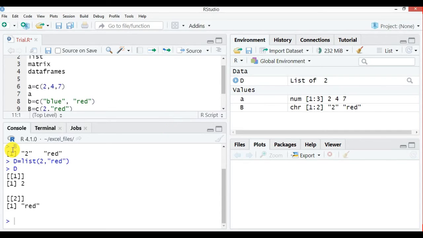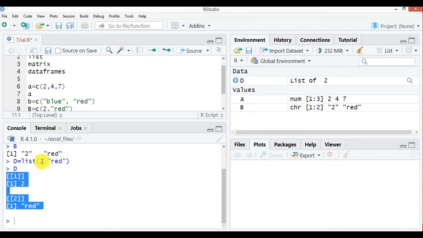First, the same values when I stored them as atomic vectors came out in the same line and everything got converted into character. Now when I save the same thing with the keyword list in front of it, it has not shown me the data in one row, but like this. That means it has taken the first value as the first value.